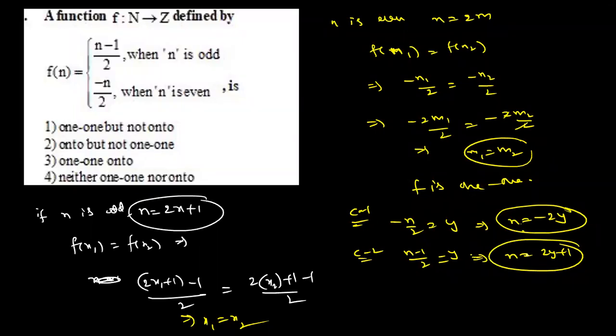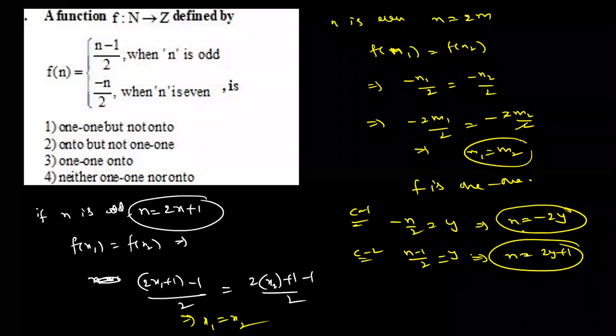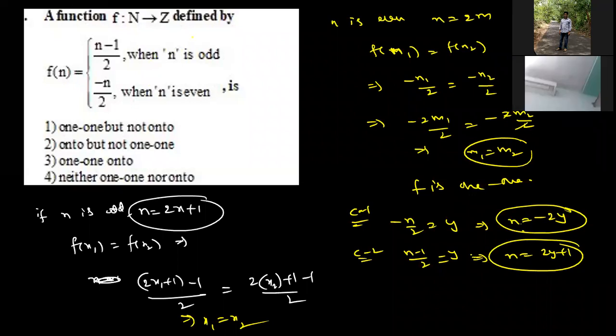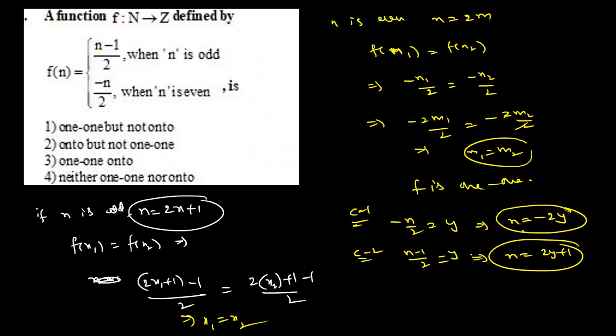Check it. Now I'm having a doubt: how is it possible to get 0? 0 is possible. Take n = 1, an odd number: (1 - 1)/2 = 0 is coming. 0 is there or not in the output? Yes. Take any number, the output exists. Therefore f is one-one and onto. So the option is C.